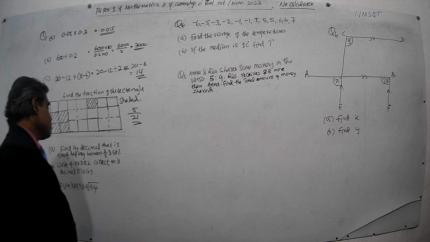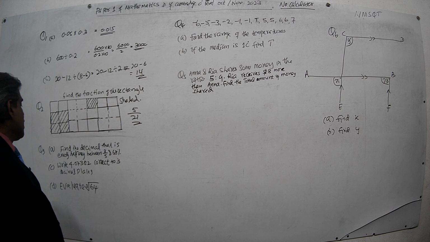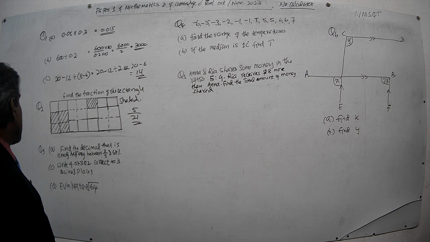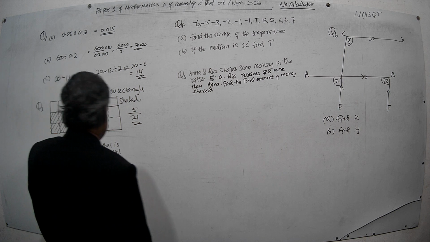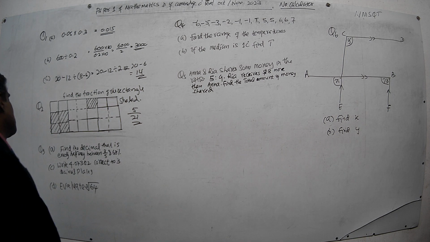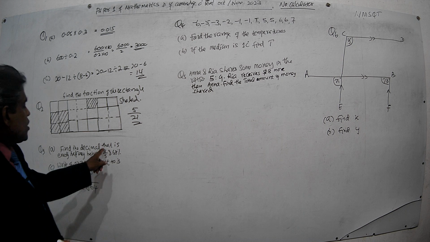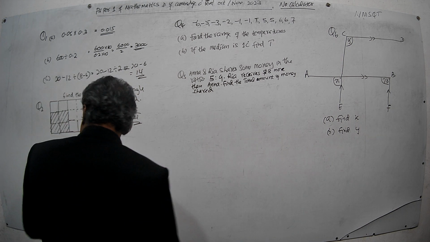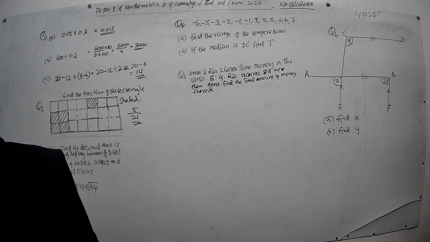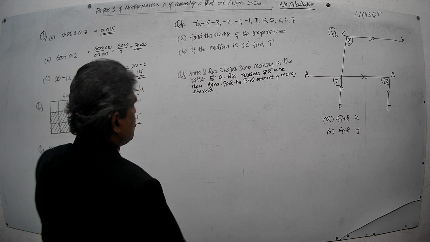Okay, that is the answer. Then go to the next one, Q3A. Find the decimal that is exactly halfway between 3/5 and 68%. First one, question 3, 8th part. Find the decimal that is exactly halfway between 3/5 and 68%. Now, not only decimals, but also if you want to find the